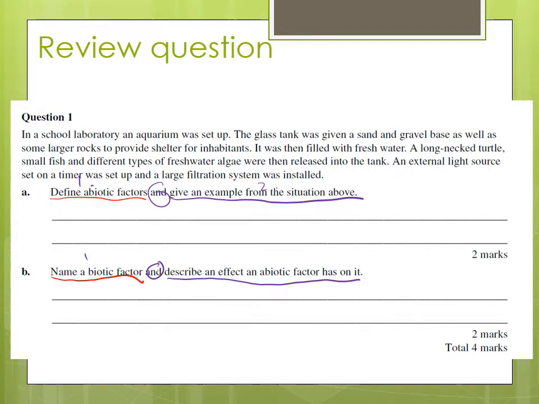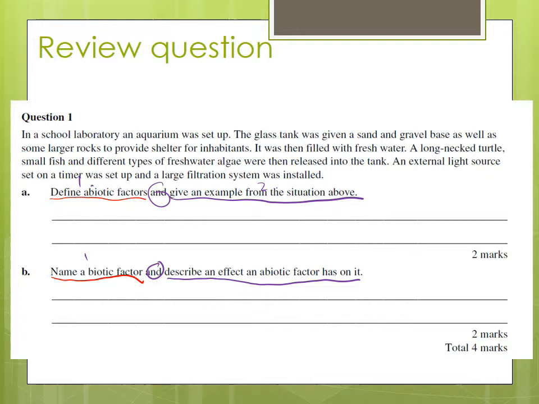So for the first part, for A, you just need to give a simple definition and one example. It's not asking for you to list 3 or 4 or 5. It's only wanting one. B, name a biotic factor, a living factor that's added to this environment, and how